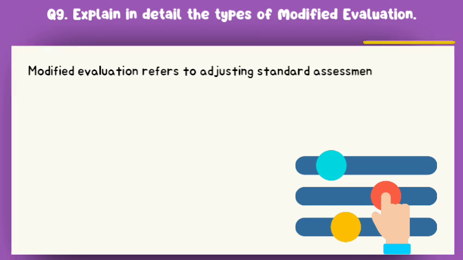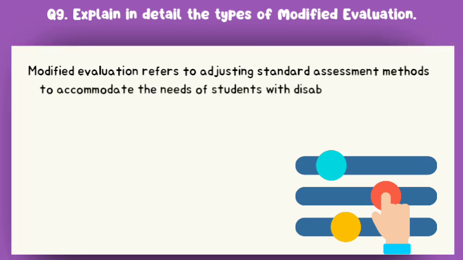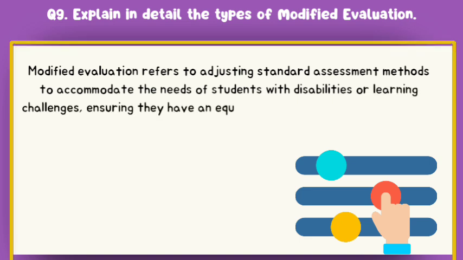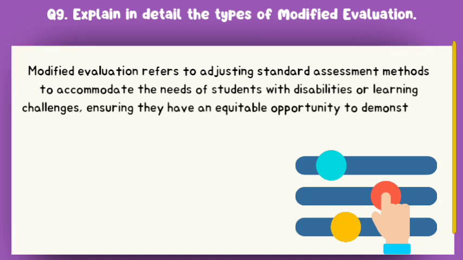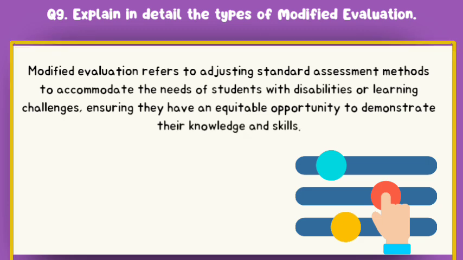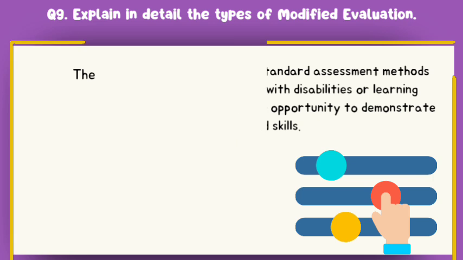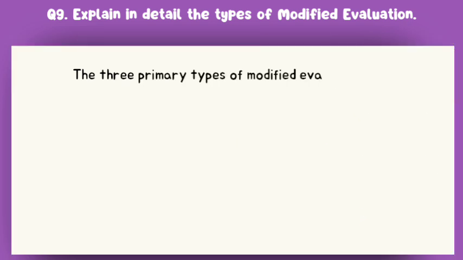Explain in detail the types of modified evaluation. So, what is modified evaluation? It refers to adjusting standard assessment methods to accommodate the needs of students with disability or learning challenges, ensuring that they have an equal opportunity to demonstrate their knowledge and skill. The types of modified evaluation can include: